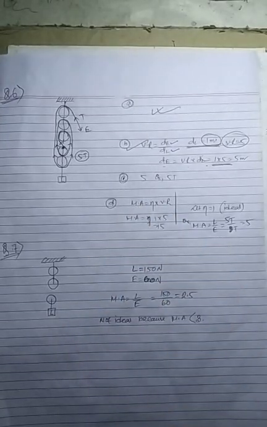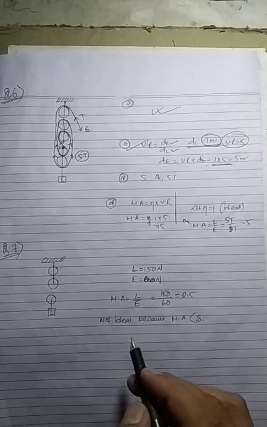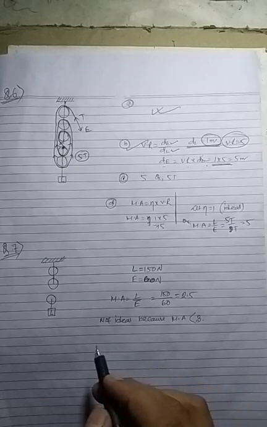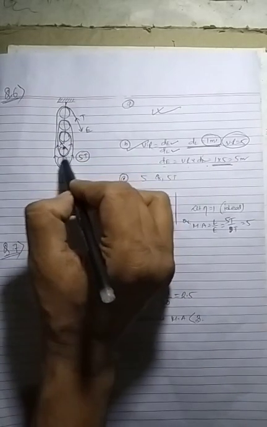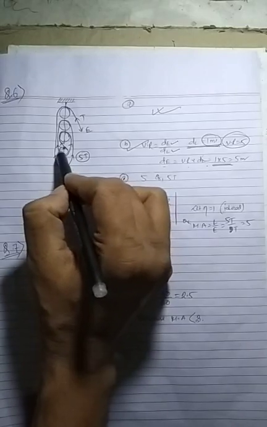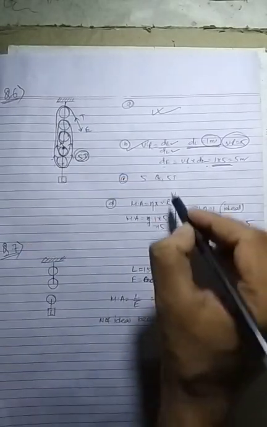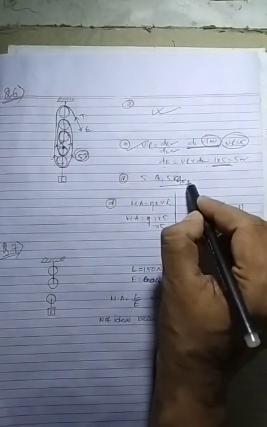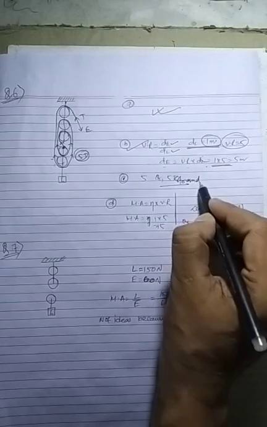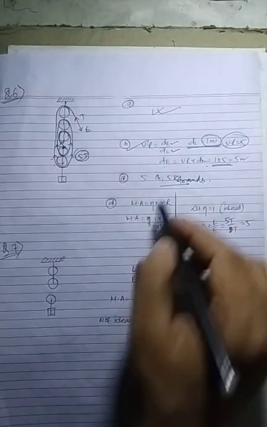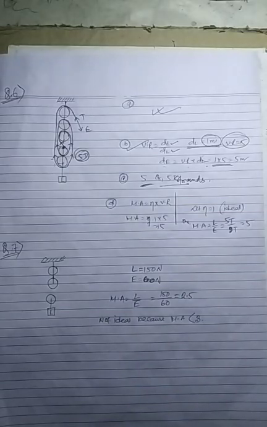Now question C: state the number of strands of the tackle supporting the load. That is the tackle below the load, so this load is supported by 1 2 3 4 5 tensions, that means 5 strands. The strands will support the load. 5 will be the answer.